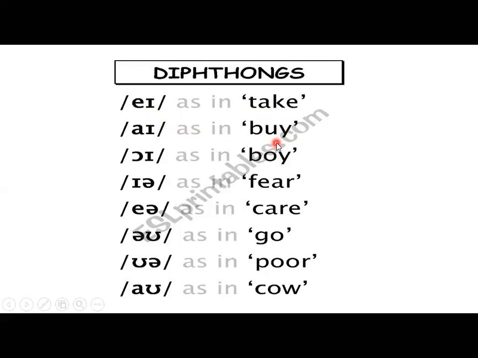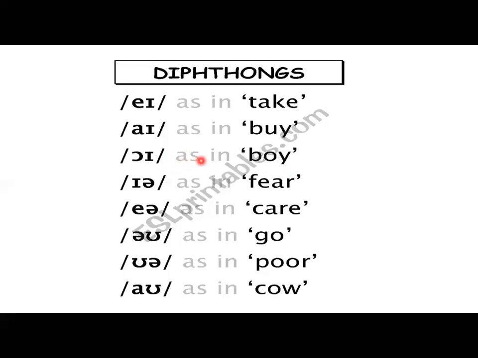Then the next sound is oi, as in boy, or as in toy. Mostly the oy spelling is pronounced as oi, boy, or you can find another example, tortoise, toys, or voice. So you can have many different spellings for this sound also. For different spellings, the same pronunciation can be used like this.